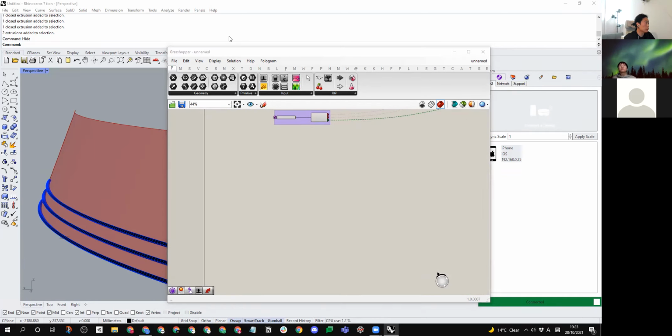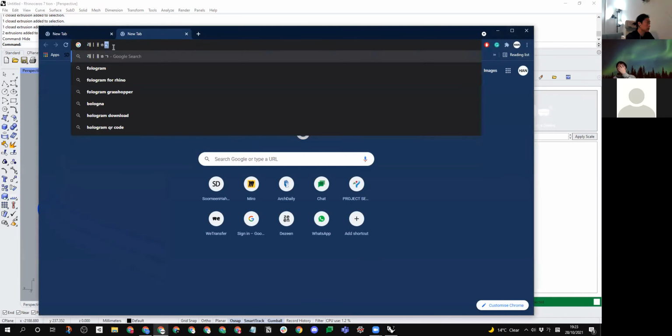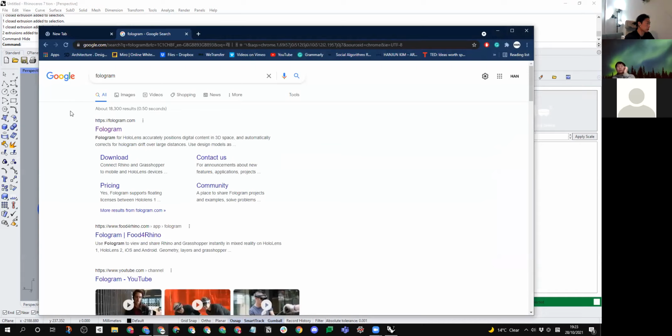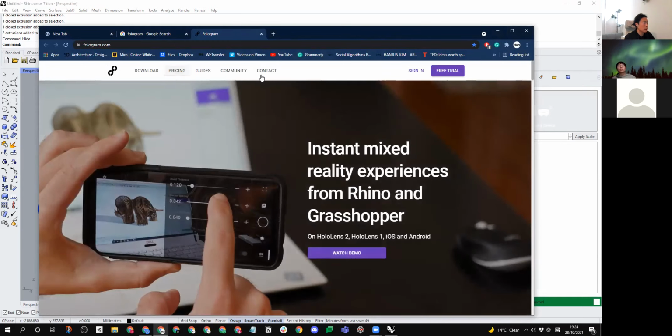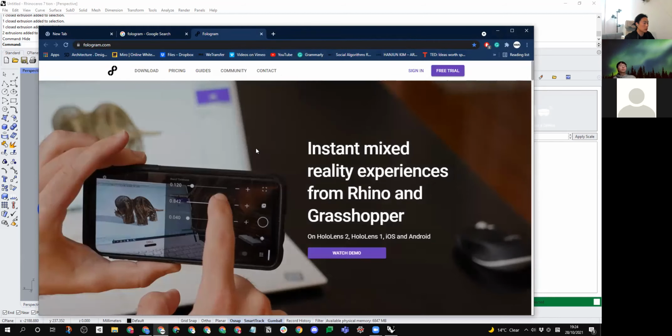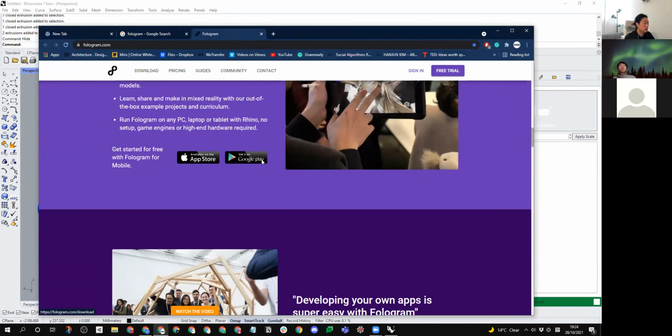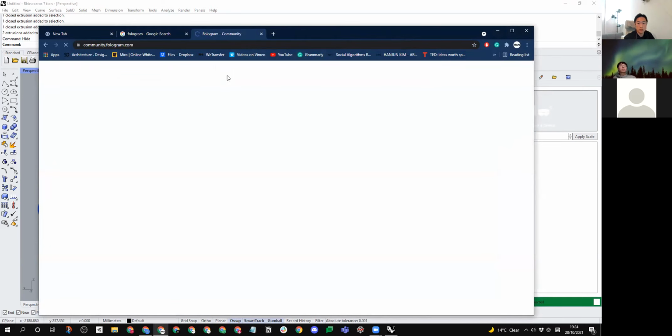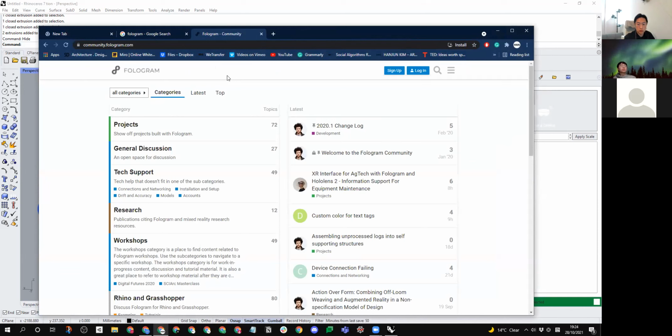when you go to the Fologram site, probably, is it in the download? Not in the download. I think it's probably in the community. So I want to introduce you to the arrow marker, which looks like this. I don't know if Sumin introduced you to this or not. So something like this. If you go to the Fologram site and type